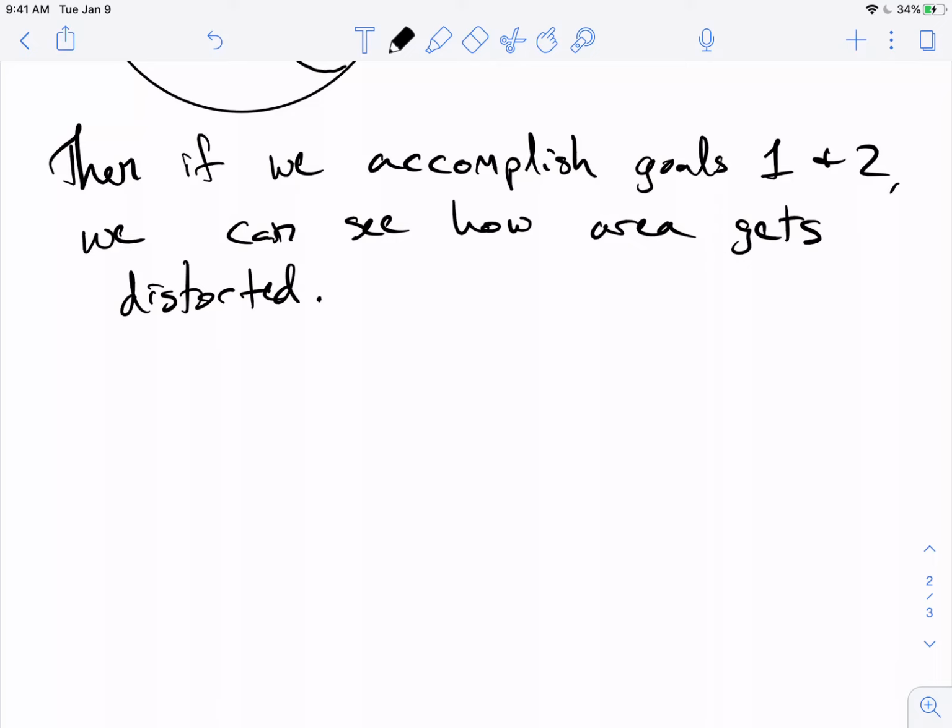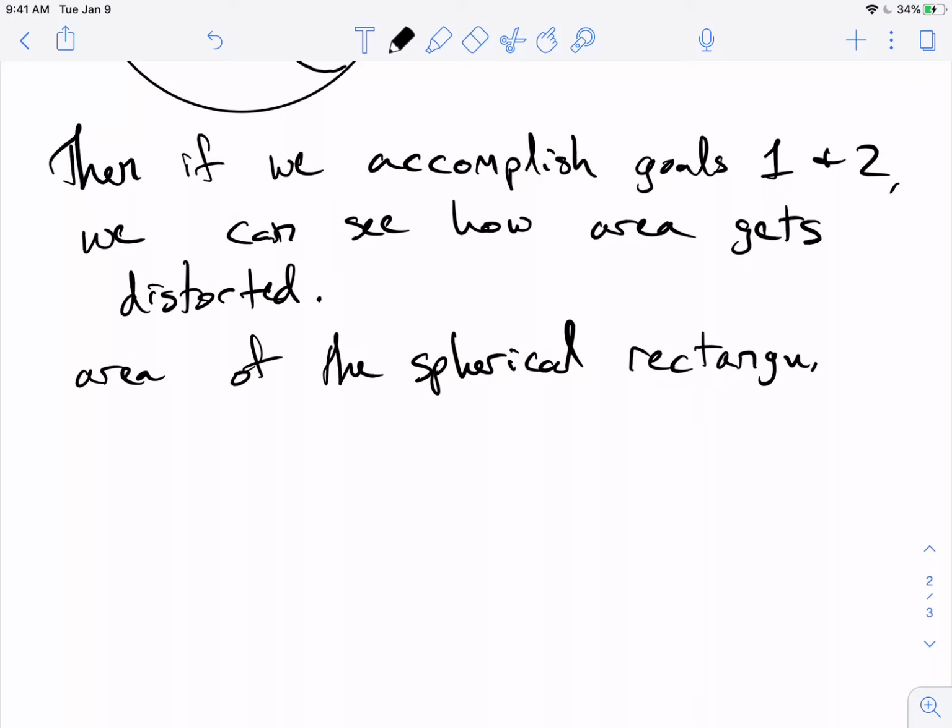Why? Well, the area of the spherical rectangle, the rectangular-ish shape we drew on the sphere